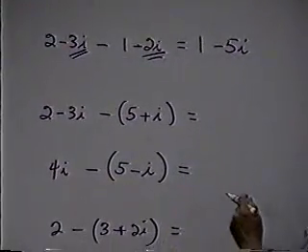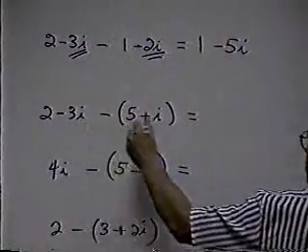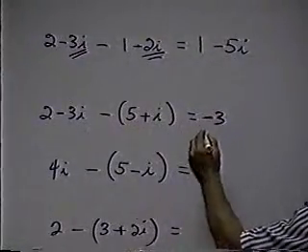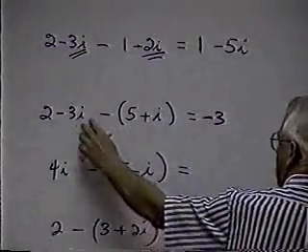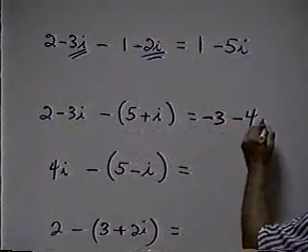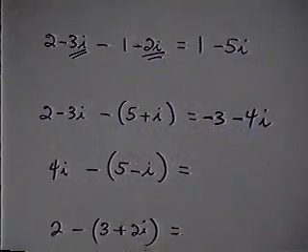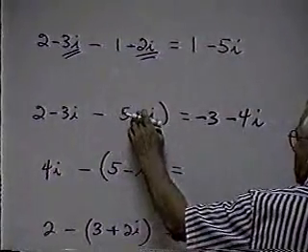All right, let's look at the next one. We're subtracting, so we subtract the real part from the real part. That's a minus 3. And we subtract this i, positive i, from a negative 3i. So change the sign and add, so that makes a minus 4i. Or you can remove the parentheses, change the sign,